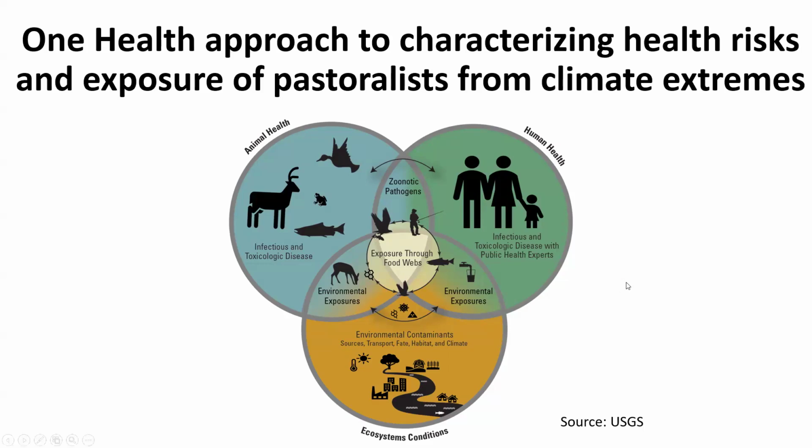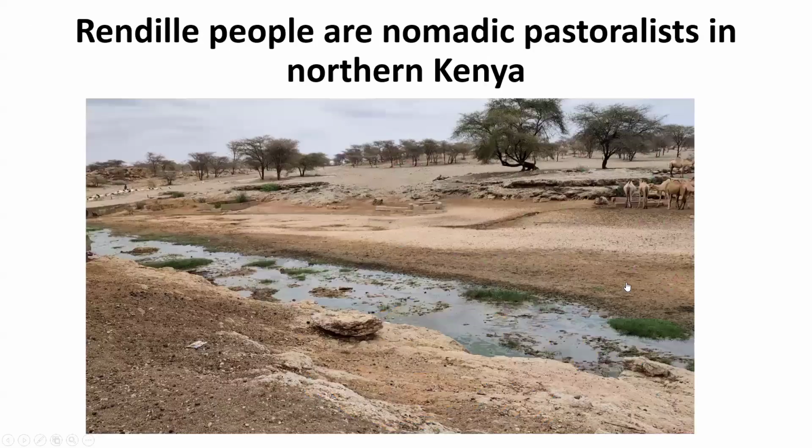And the community that we're working with is the Rendile people. These are a nomadic pastoralist community in northern Kenya. Are any of you familiar with the region? Sure. So can you guess which animals are most common amongst the herds of pastoralists? Camels, yes. Camels are in fact the Rendile people. They have very large